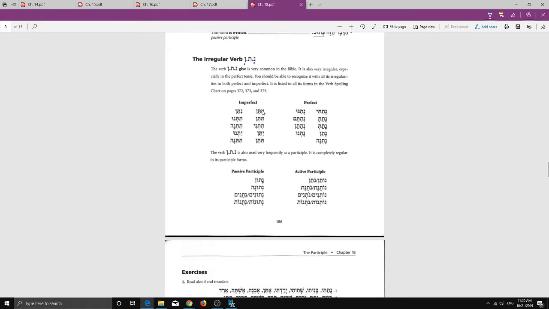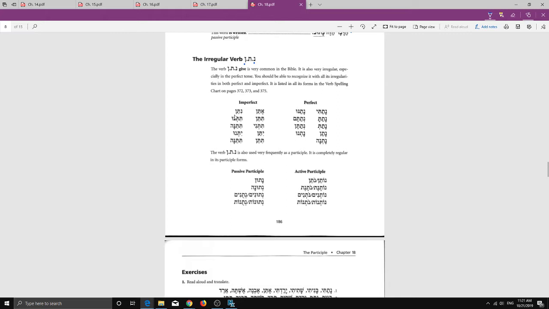In the imperfect, it's actually the first nun that drops out, because in the imperfect, we add signal letters to the beginning rather than to the end. So here we have etain, tetain, titni, yetain, tetain. Notice, again, that the nun is assimilating into this tav here in the middle as the dagesh. So it does drop out, but it's technically still there, and that's what the dagesh represents.